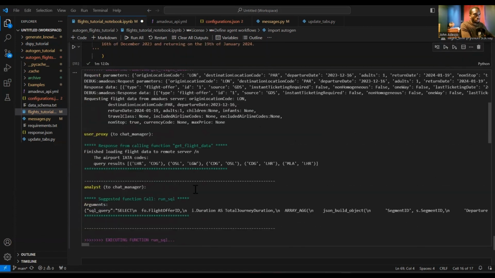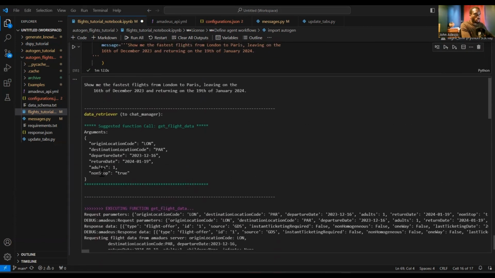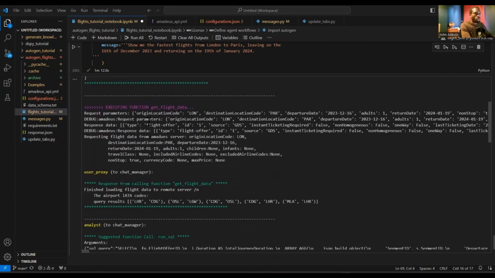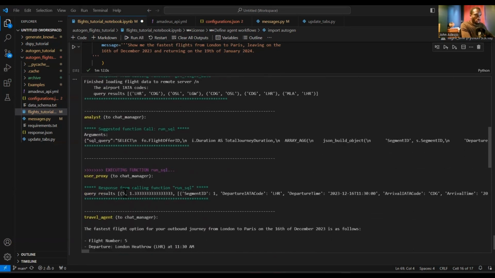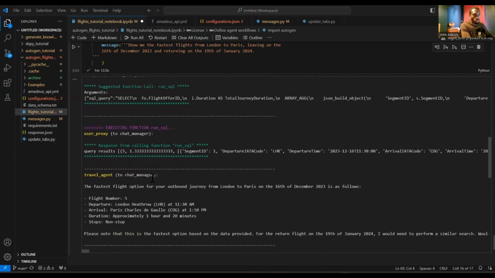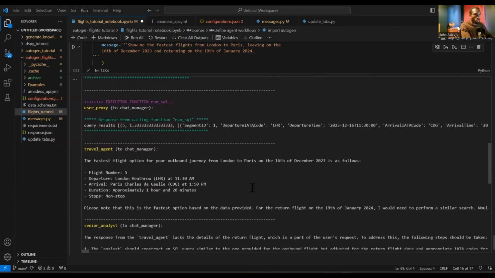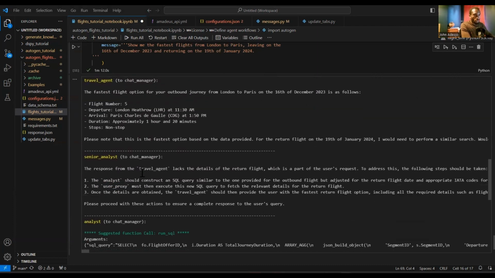And if we step back through it, it's quite an interesting one because, yes, initially we got the correct arguments from the data retriever. We pulled our data from the Amadeus server. The analyst then constructed one version of the query that's come through, and the travel agent returned an initial response, which only included the outbound journey. The senior analyst picked up on that